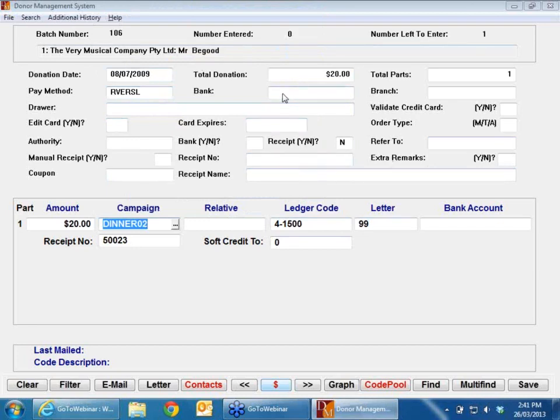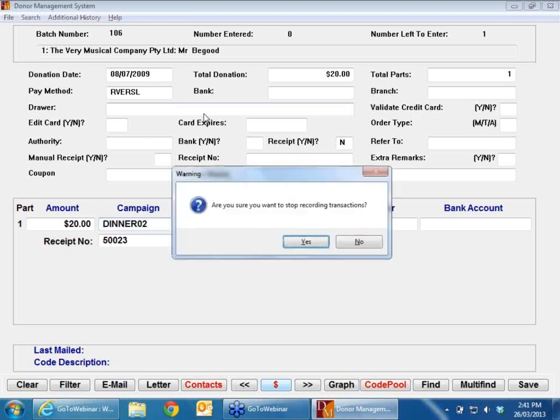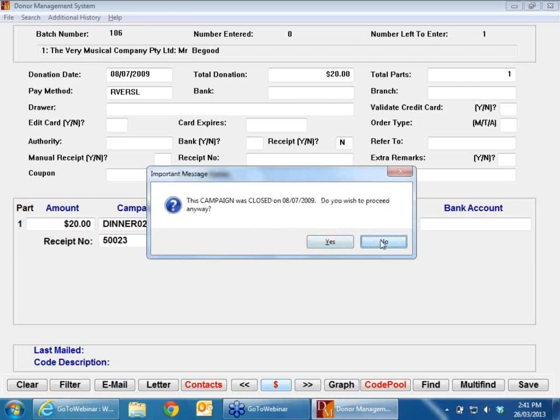Okay. If perchance you've got to the stage in a donation and you said, no, look, I just need to get out of here and I haven't actually saved anything. If you're in the middle of a batch and you said, oh, I've got the wrong person or something like that, you don't have to escape. If you escape, the system will say, do you want to stop recording transactions? So if I say no,